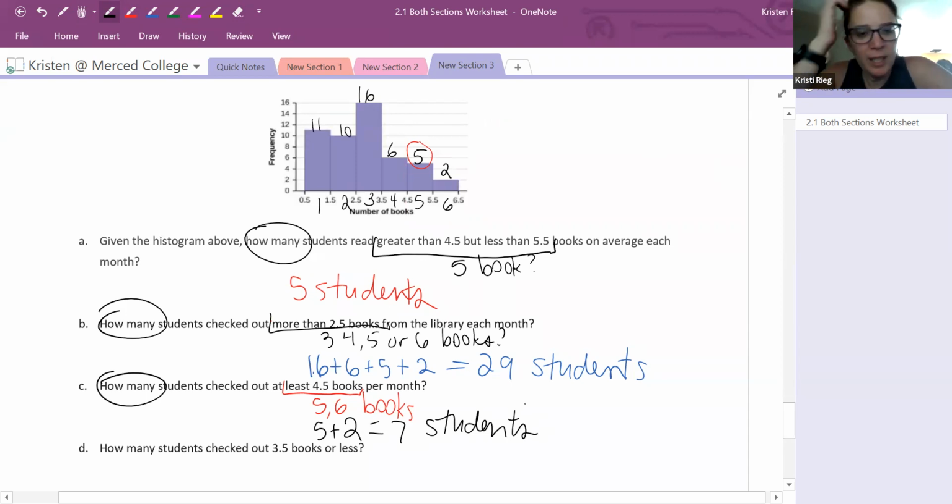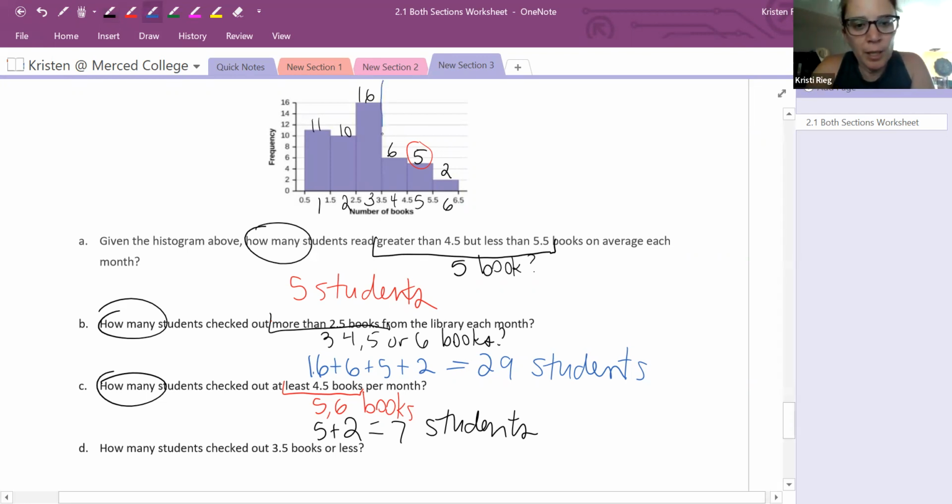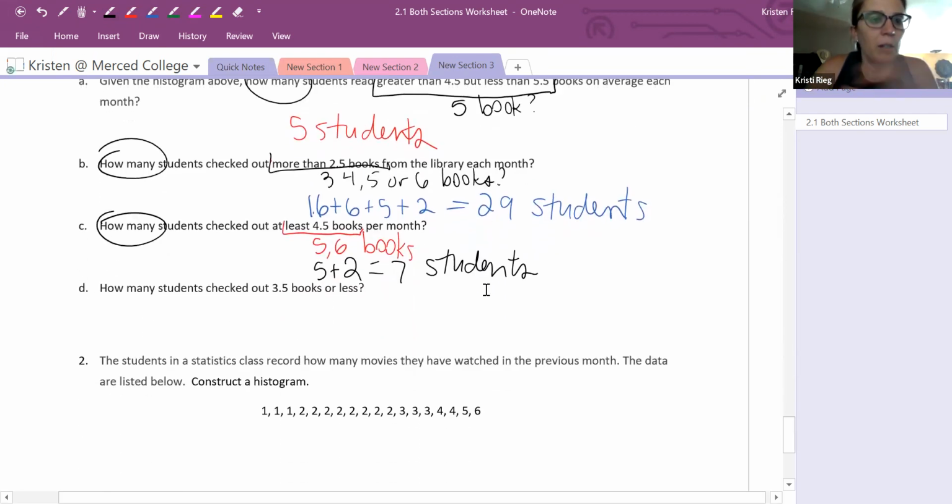All right, last but not least, I'm going to look at this picture, but then I'll move it up to write it. We have how many students checked out 3.5 books or less. So going back up to the picture, here's my 3.5. Less would be anything smaller. So we're going to add up those 3 heights, the 10, the 11, the 10, and the 16. So 3.5 books or less